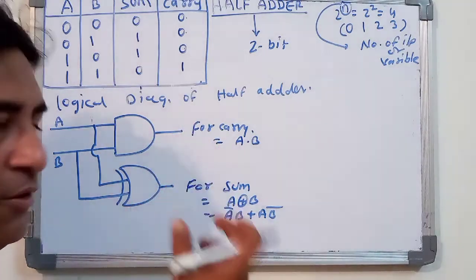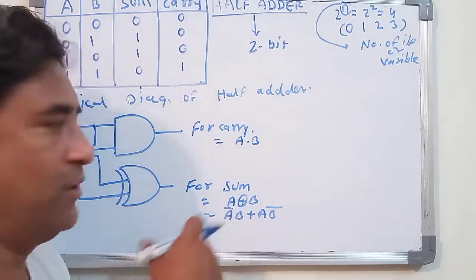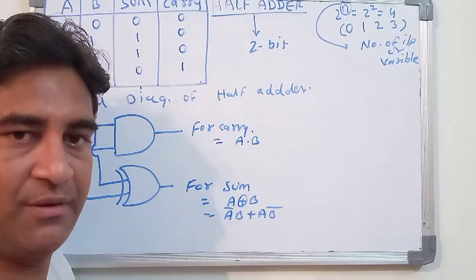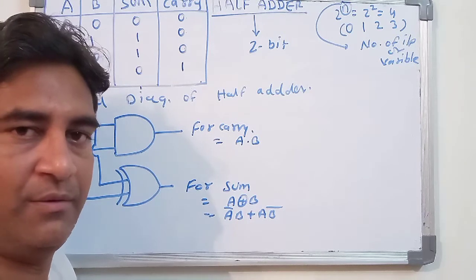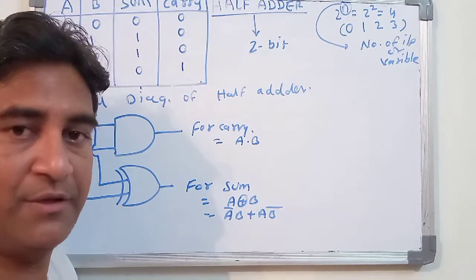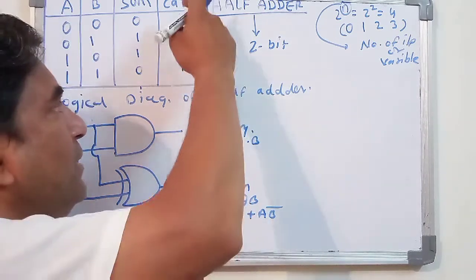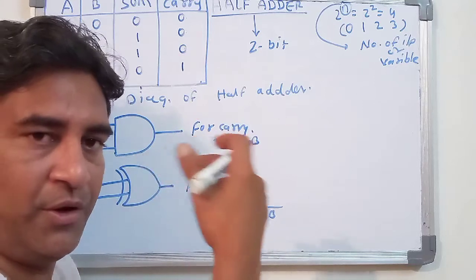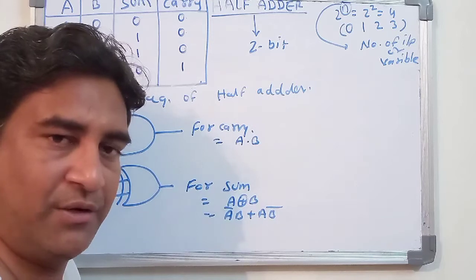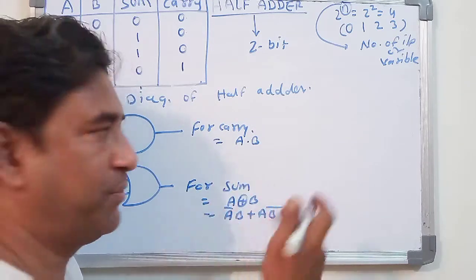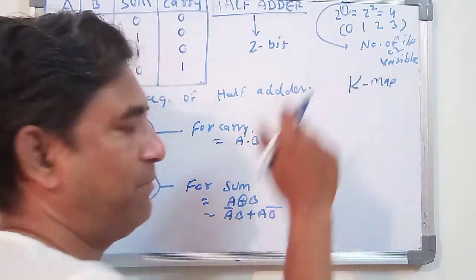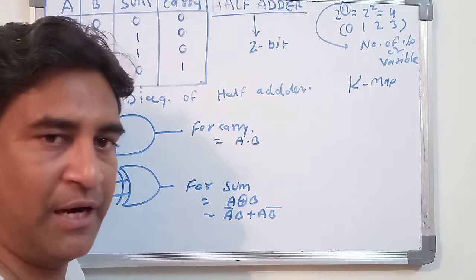Okay, there is another step for designing this, but as per your syllabus, it is not given. In engineering, there is a process, the product of sum and the sum of product. From this table you have to design the logical equation. For designing the logical equation, you have the K map. This K map is called, in our engineering language, a